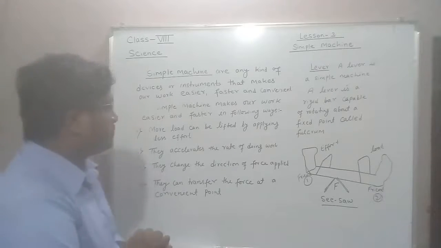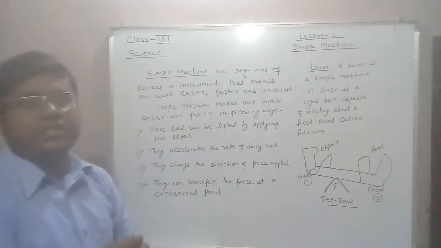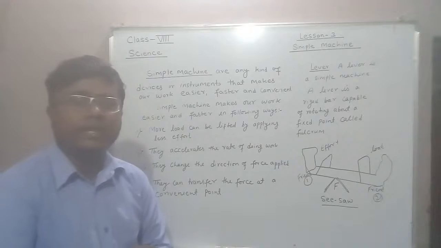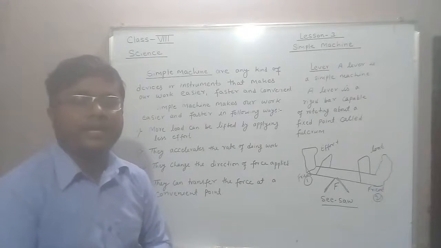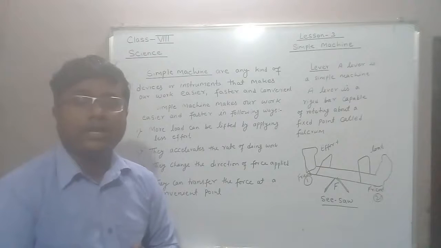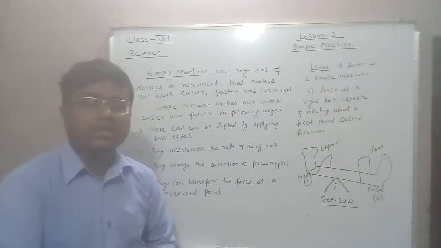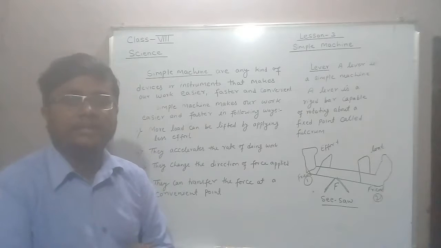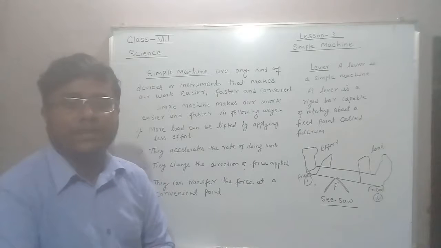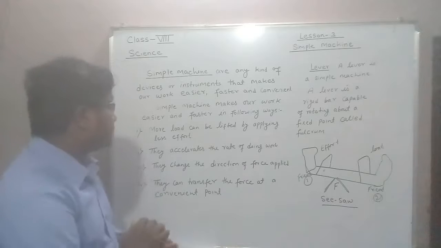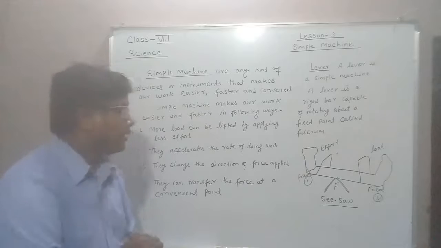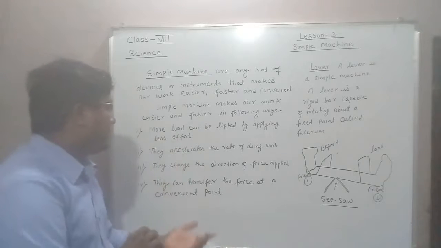In our daily life we use different devices that make the work we do directly easier. If we do some work directly, we may feel it is difficult, or it may be very hard for us. Suppose, to fasten a nut bolt, if you try with your hands only, it is very difficult. So you need a simple machine there. Similarly, a simple machine makes our work easier and faster in the following ways. Some points I have written here.